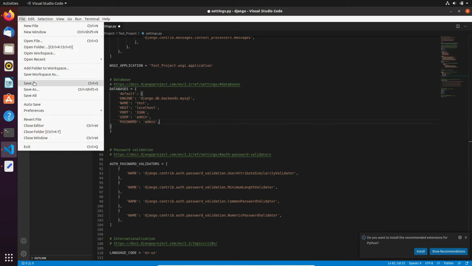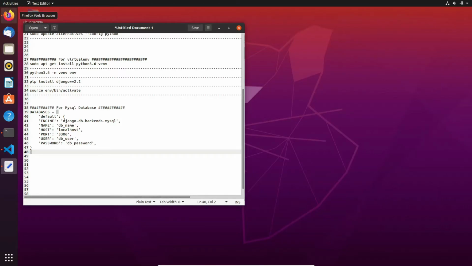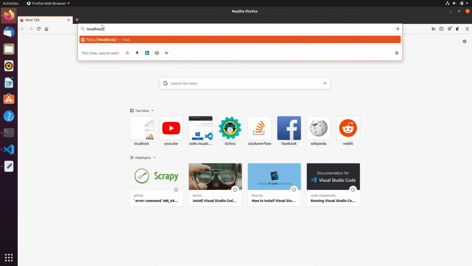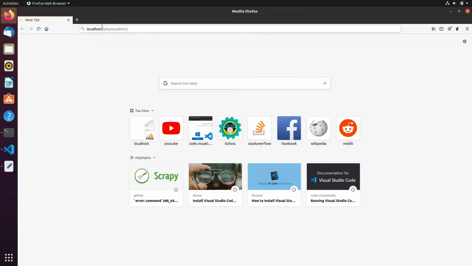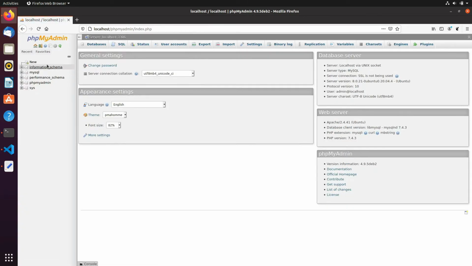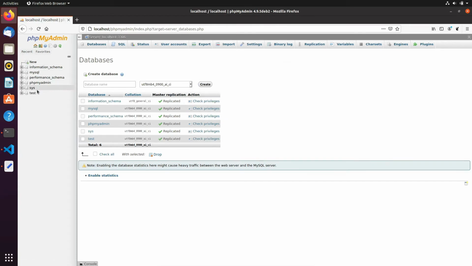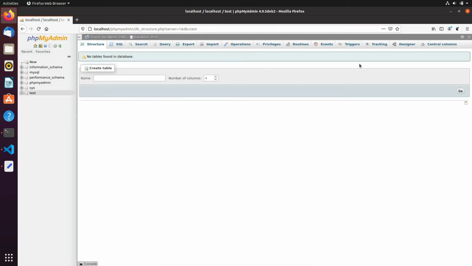You need to save this, and let's create one database. localhost/phpMyAdmin, and the password is admin. Okay, you need to create one database here. Create the database name as test, which we have given in settings.py. So we have created the database test.